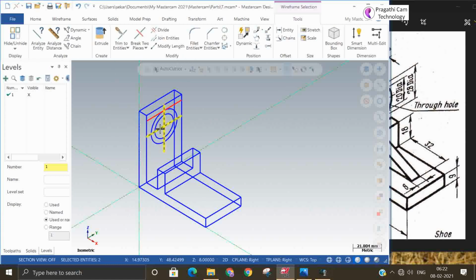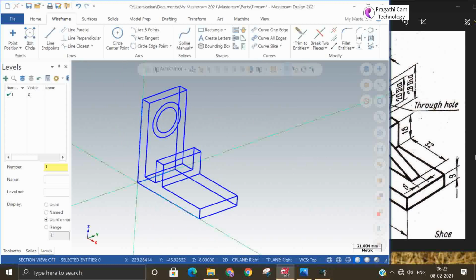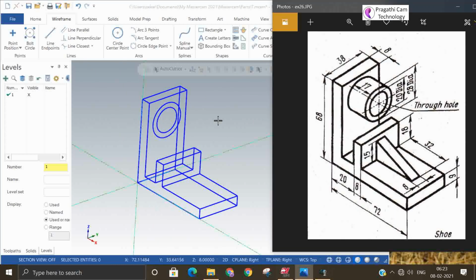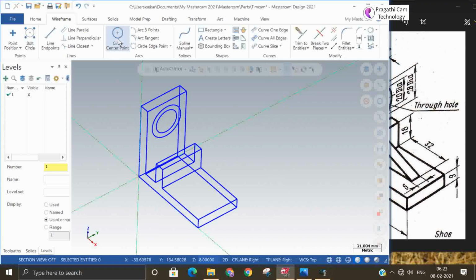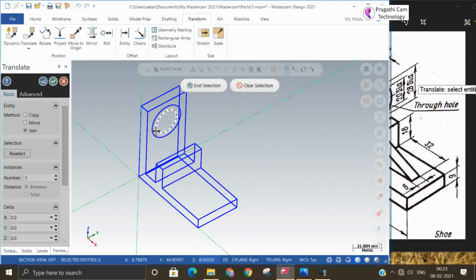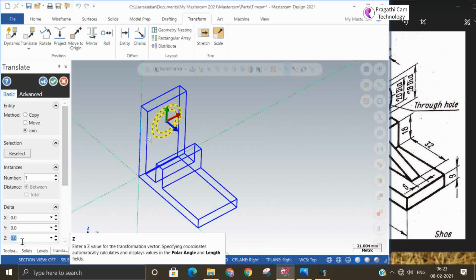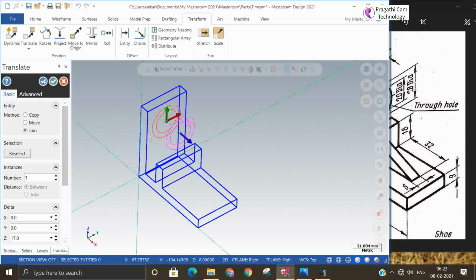Okay. Now, the lines which are not necessary, those lines you can remove. Okay. All are construction lines. So it has been made now. 17 mm, these circles have to be extruded. So still I am in the construction plane right side. Okay. So XForm, translate, wireframe. Select both circles. How much? 17. Okay. In that direction. Okay. Z 17.